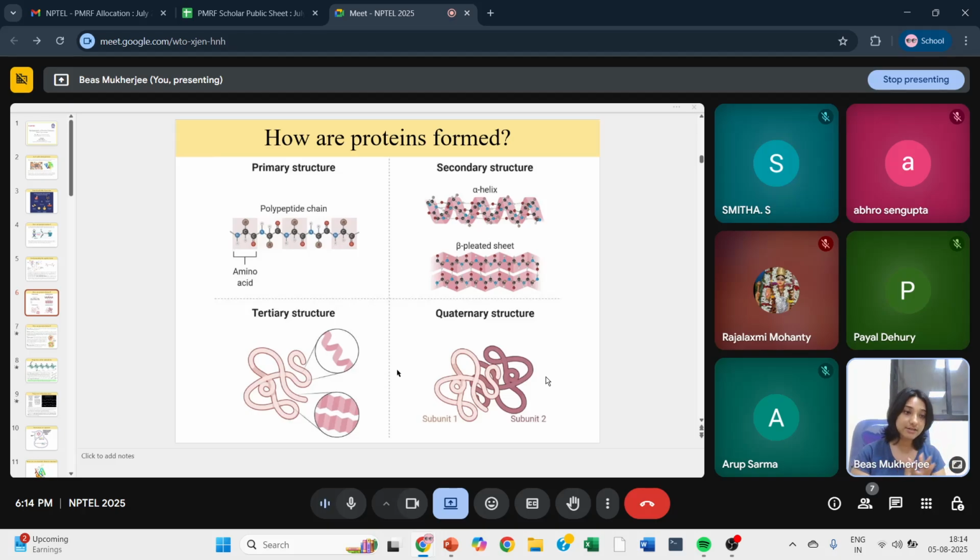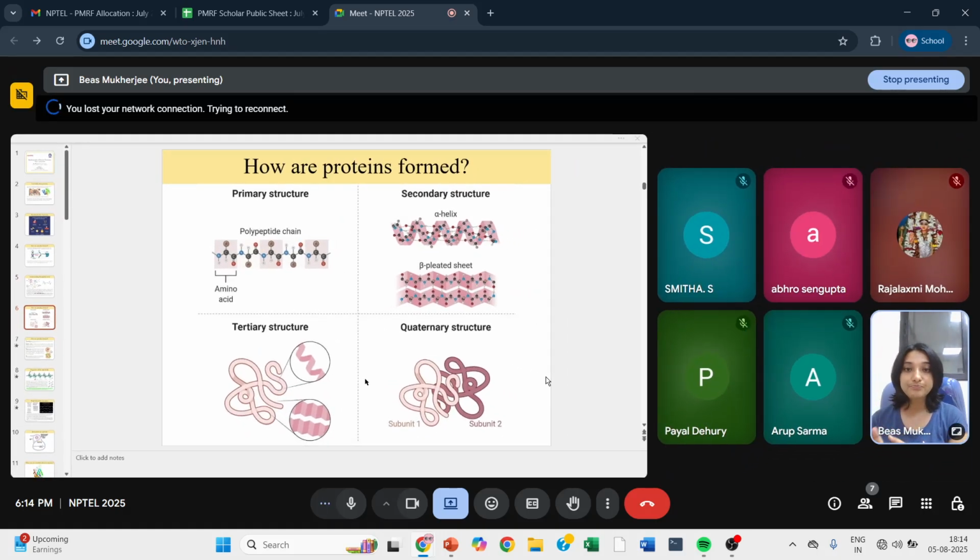Next, there come other interactions such as hydrophobic interactions and disulfide linkages. There are also electrostatic interactions, salt bridges, etc. All of that is seen in the tertiary structure. Next, we go to the quaternary structure. So what happens is, sometimes the protein molecule